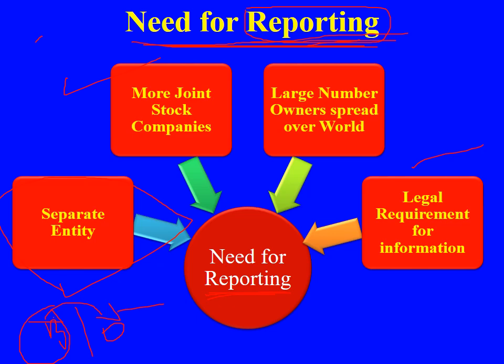First of all, they need to report for the purpose of separate entity, in the sense business has been treated separately from owners. Owners are different, business is different. That is what we call a separate entity. So when owners are different from the business, whatever has happened in the business should be reported to the owners, isn't it? When business and owners are one and the same, there is no need of reporting. But we follow the rule of separate entity. Separate entity tells that business is separate, owners are separate. You can't merge business transactions and owners' transactions in a single report. You need to show them separately.